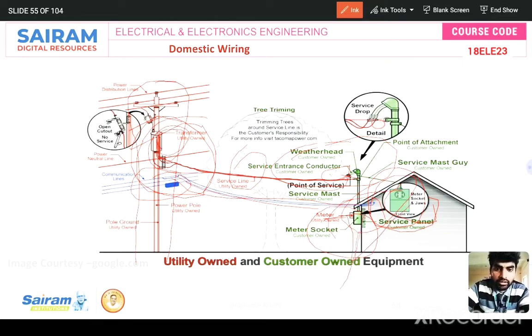There is also tree trimming, because power supply is coming from the pole to the consumer side, right? If the tree branches contact the transmission lines, it may become a hazardous location, or if a fault occurs, current will automatically increase and damage the transformer on this side as well as the consumer side. This is the service mains, the wire from the pole to the consumer side.